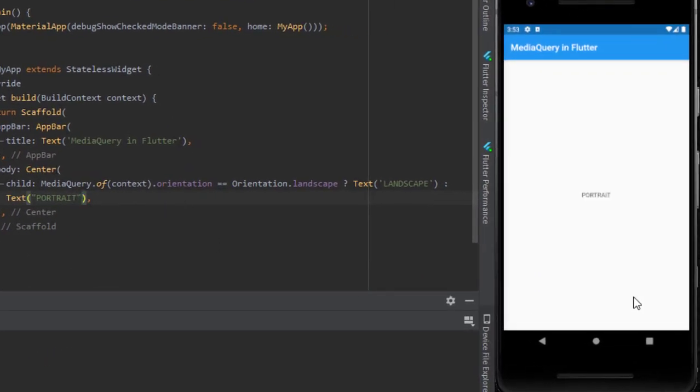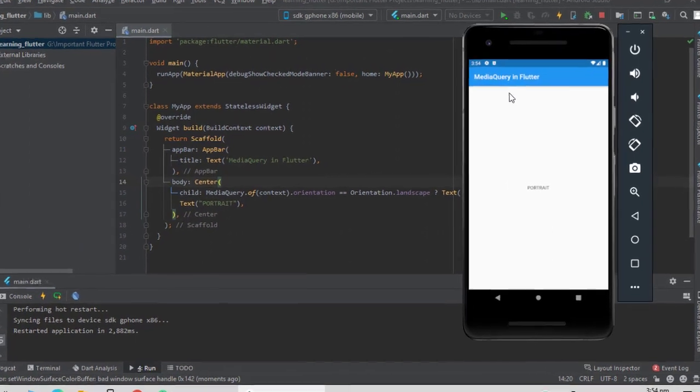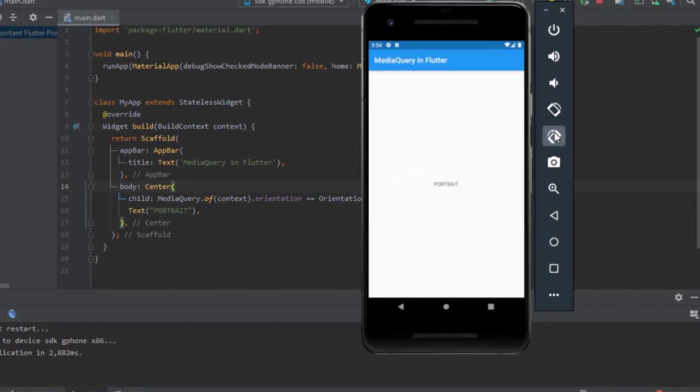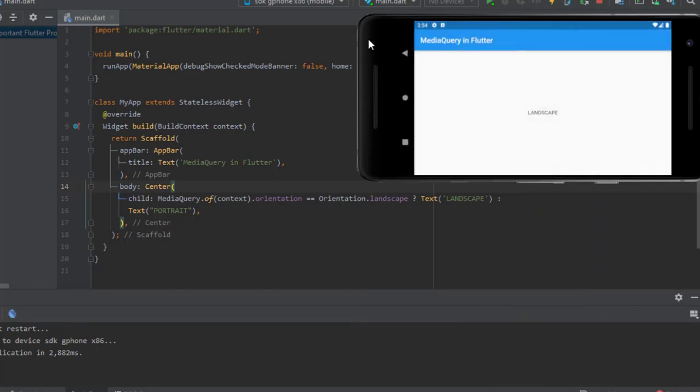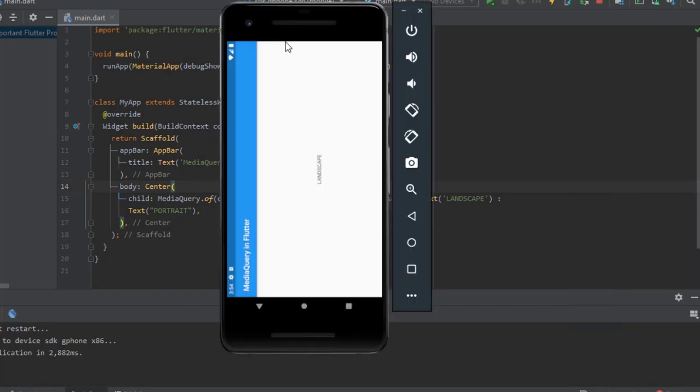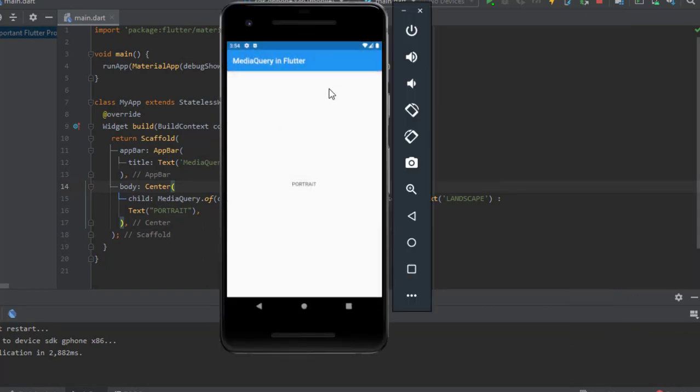And when I hot reload, as you can see, the device is in portrait mode now, so it is displaying the text portrait. What if I change this device resolution to landscape? As you can see, it has displayed the text landscape, and when I click back, rotate left, it has displayed portrait.